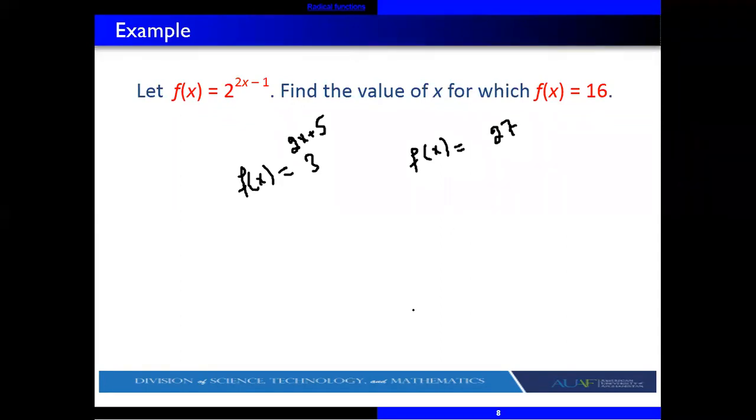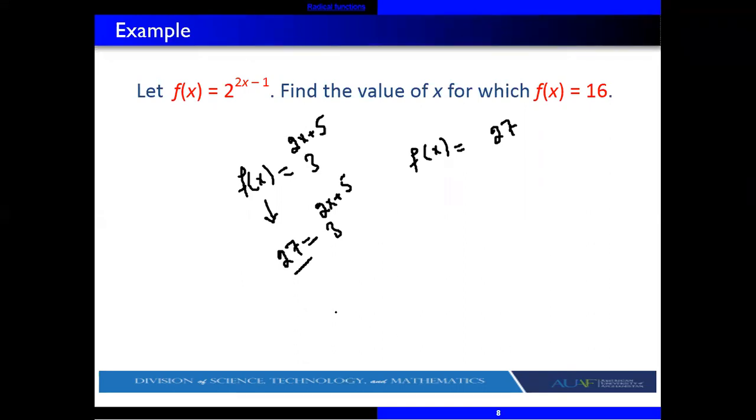So how can you find it? If we put the value of f of x as 27, then 27 equals 3 power 2x plus 5. If you can write this 27 at the base of 3, it is possible. If not possible, then you can use another method, and that method is the logarithmic function. Then you will use logarithm. So in this case,